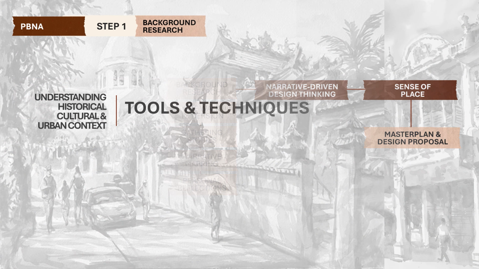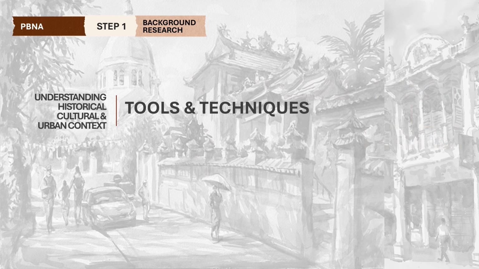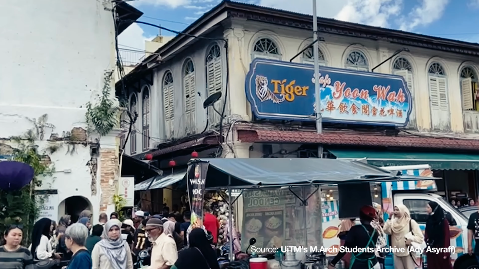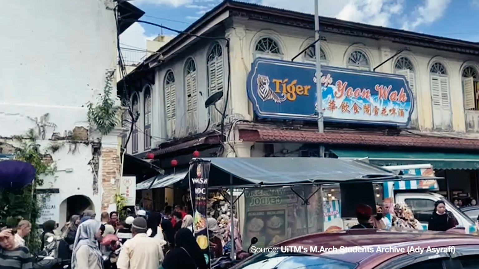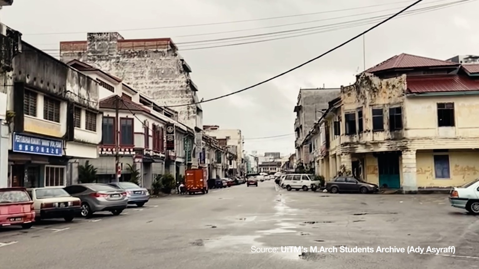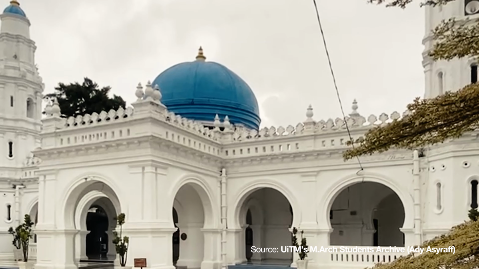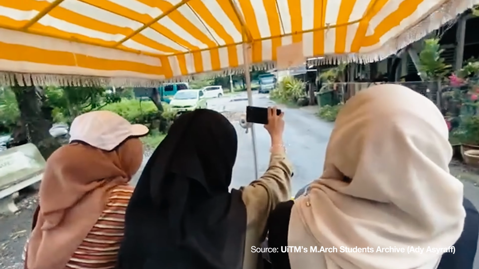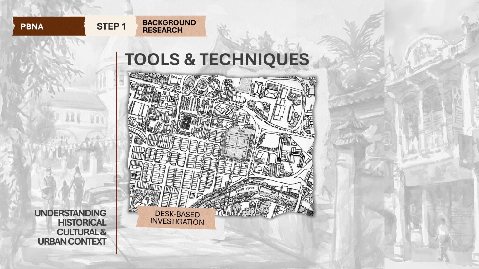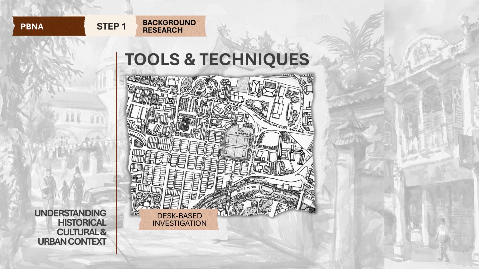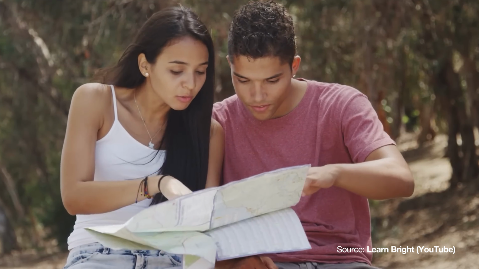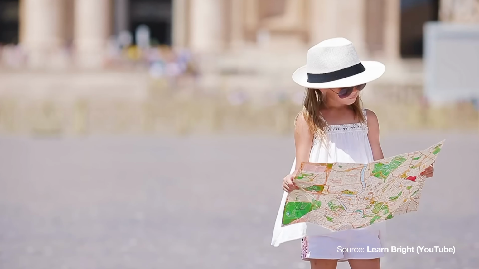Step 1, the first step sets the foundation. Before entering the field, students begin with a deep dive into the heritage town's historical, cultural, and urban context. This step helps them shape their perspective, spot knowledge gaps, and start connecting the built environment with its layered narratives. We use 3 key tools. First, desk-based investigation. Students review materials such as old maps and town plans, zoning and conservation documents, archival photos, heritage